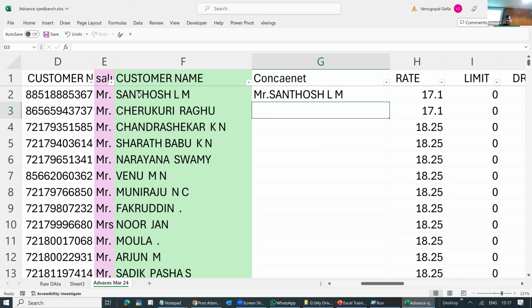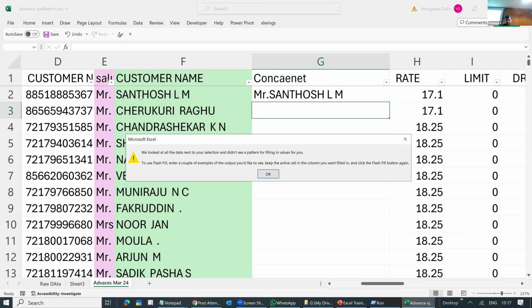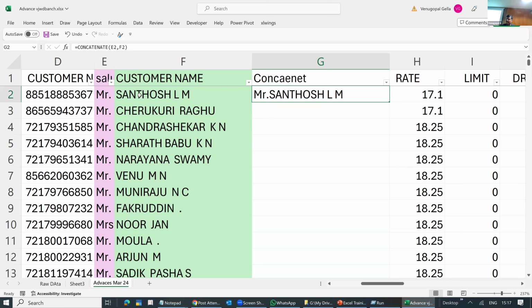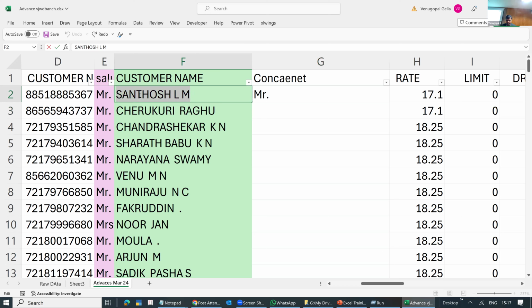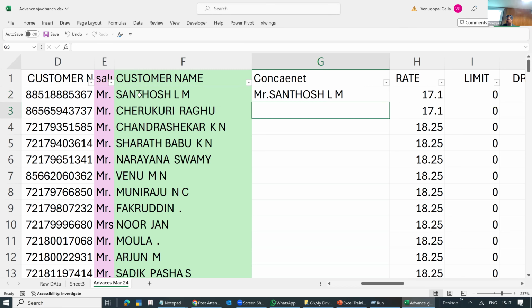And someone was asking what is Flash Fill. This is an AI of Microsoft. If I don't do concatenate, let's say I am actually writing Mr. Santosh LM. I have not used any formula, I have just written Mr. Santosh LM. Now Excel has something called Flash Fill.